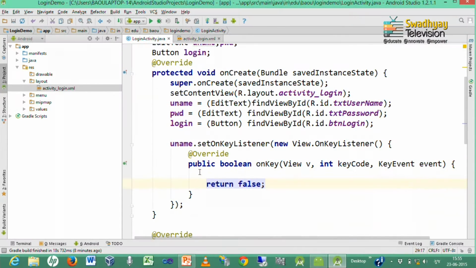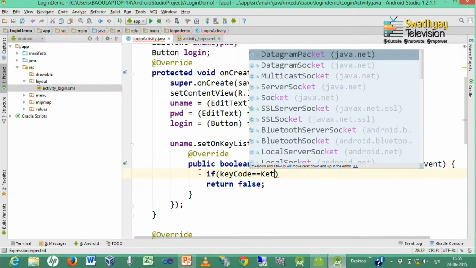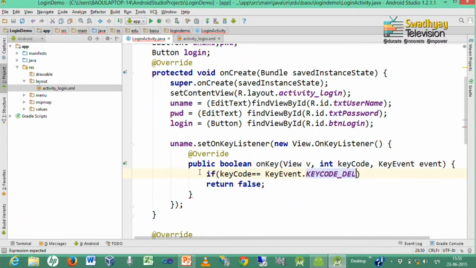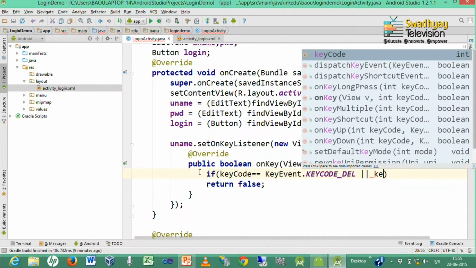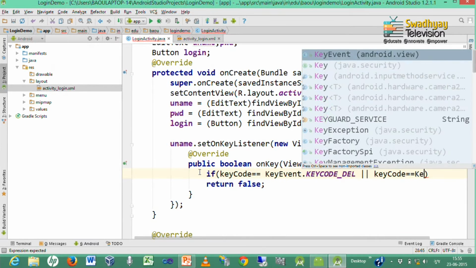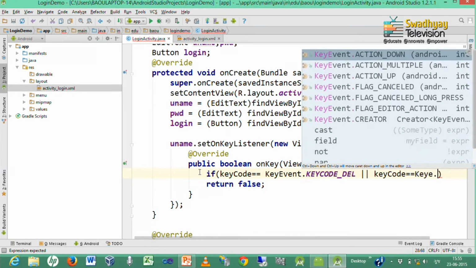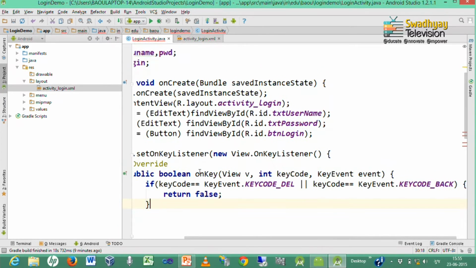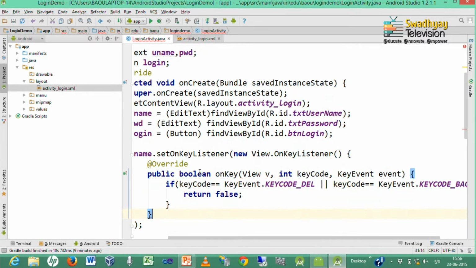Here I write: if keyCode is KeyEvent.KEYCODE_DEL or keyCode is equal to KeyEvent.KEYCODE_BACK, which means if delete or backspace is pressed, then we do not want to do anything, and if username,